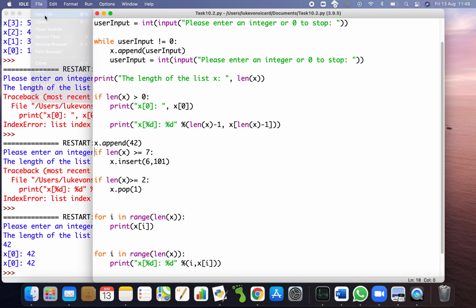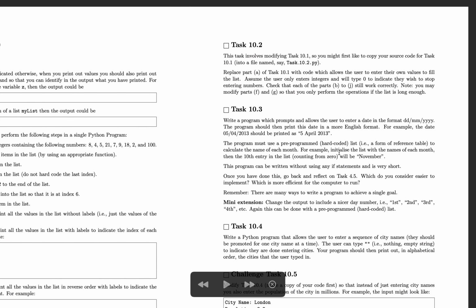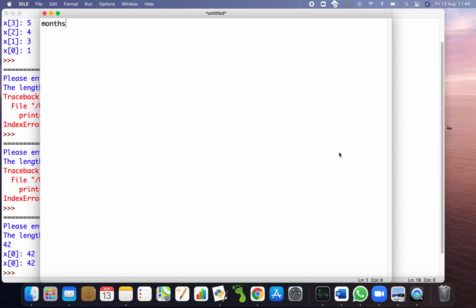So file, new file. The tip they're giving us is to have a list called months, and define it to have the elements January, February. This is where you get to see all of my spelling mistakes when I try and spell months. March, April, May, June, July,